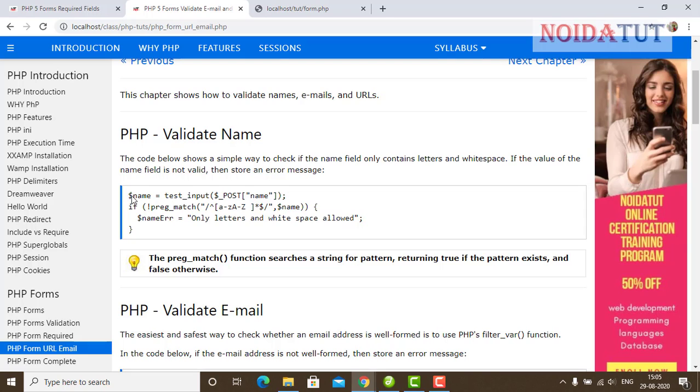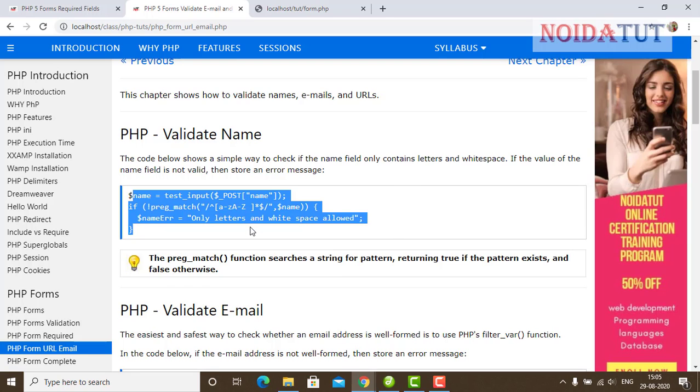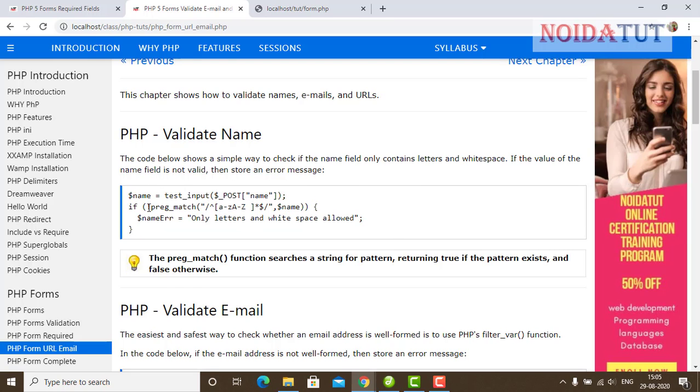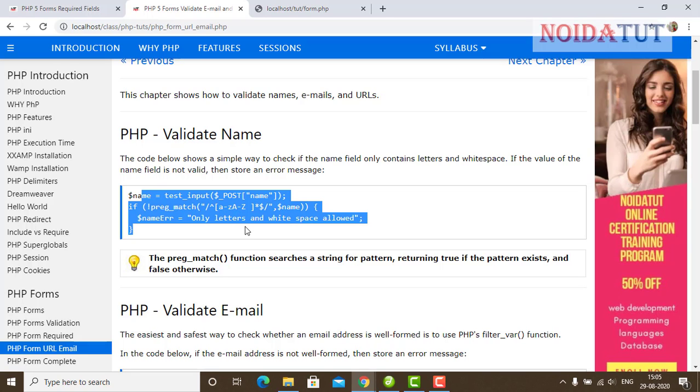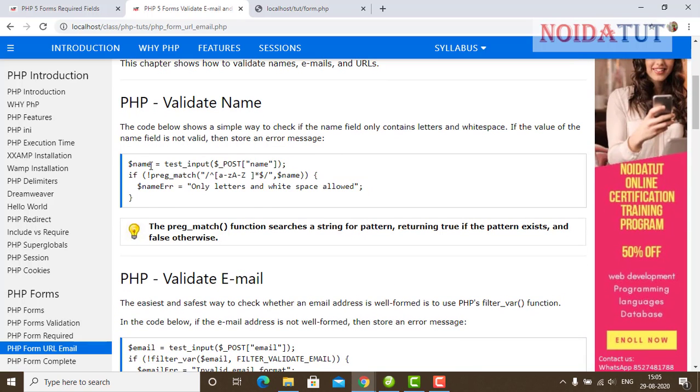So this validation, preg_match, is the validation to check if the user has entered the correct name or not. Now let us try to use this.